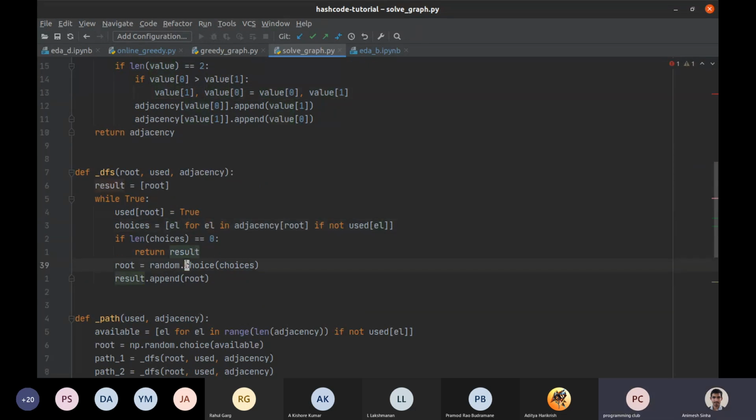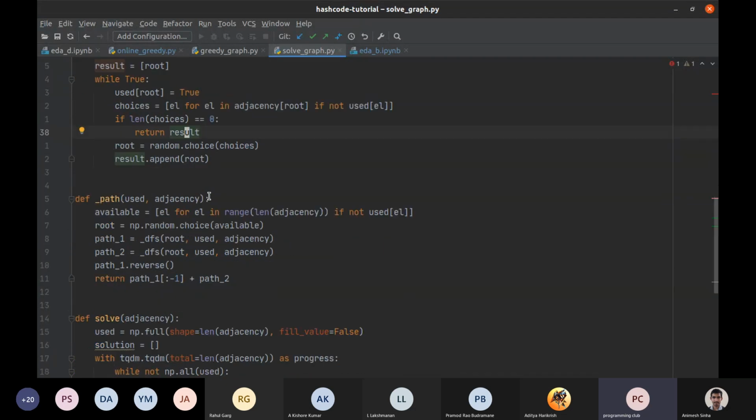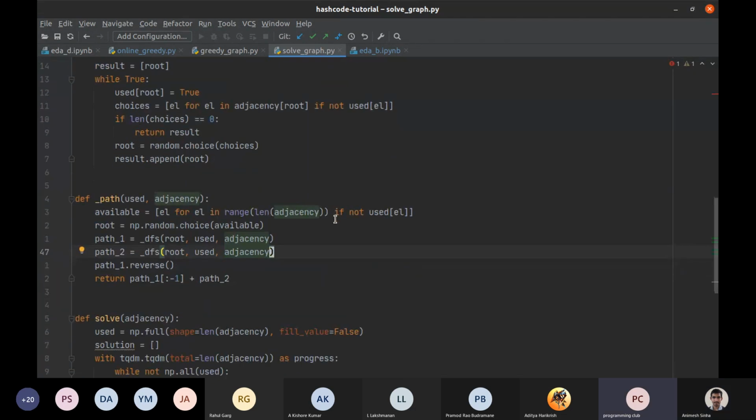Right, exactly. So we find a child, we go to the child, and we add that to the list. This is the part that marks it as used, and then you have choices. You could write this code in a whole different lot of ways, but that's not the point. The problem is that if you try to recurse, Python runs out of the recursion depth. So this is an iterative DFS, I guess.